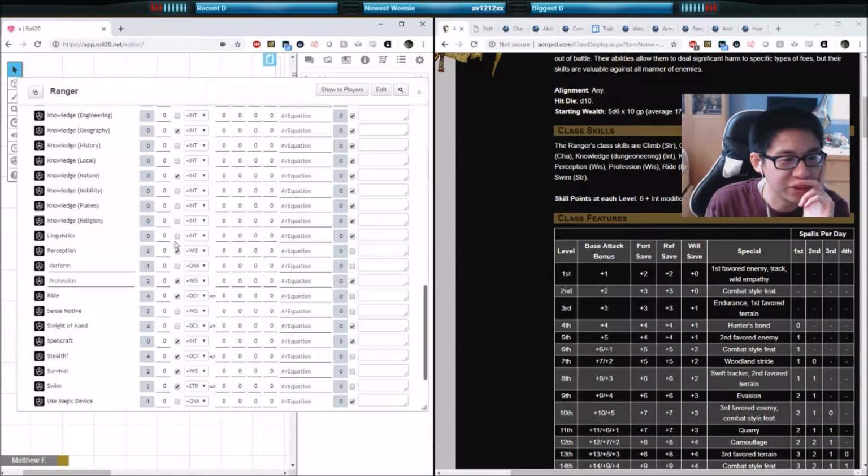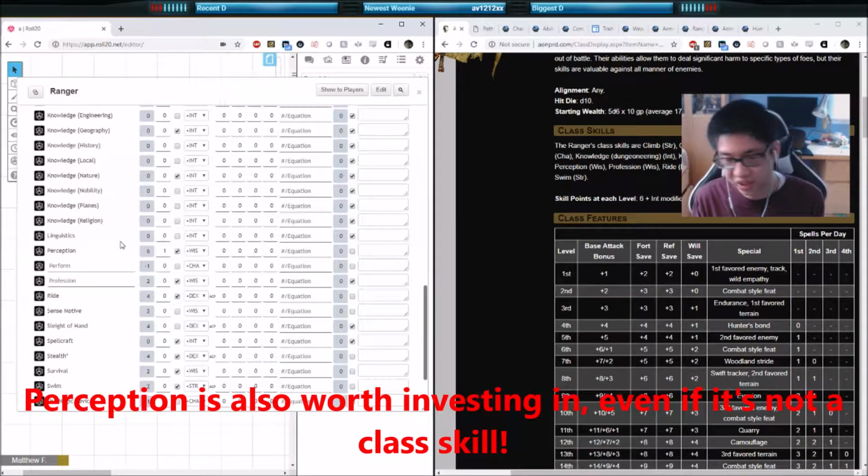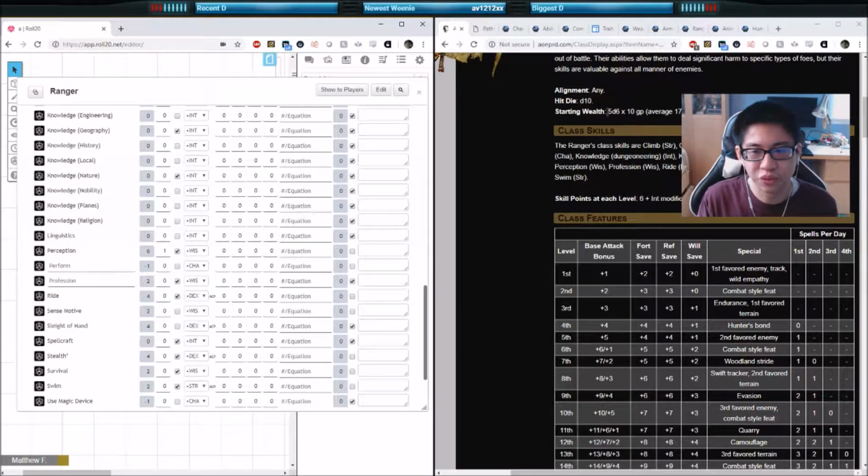The most important one here is going to be Perception. You always want to make sure you have max ranks in Perception if you have that as a class skill. The Ranger has a certain number of class skills, right? The first time you put a skill point into one of your class skills, you get an additional +3. So if you take a look here, my Perception bonus is +2, but when I put a rank in, it becomes +6. So +2 from Wisdom, +1 from the skill rank, and then +3